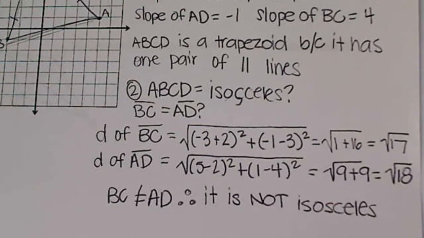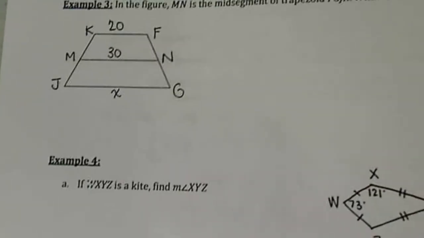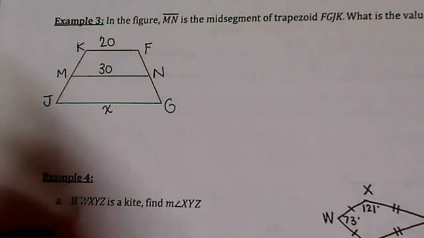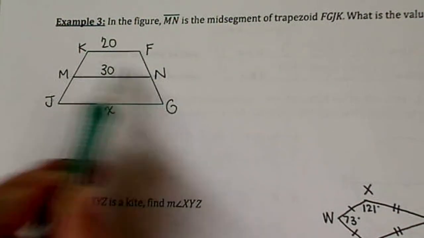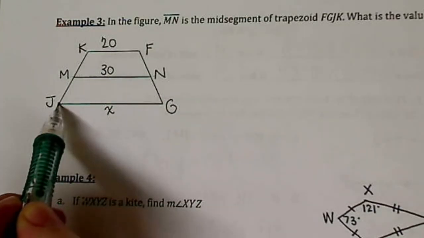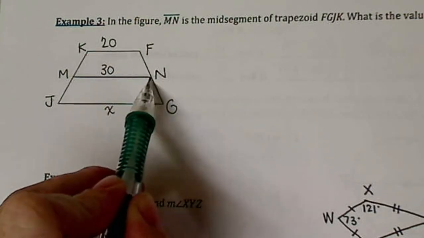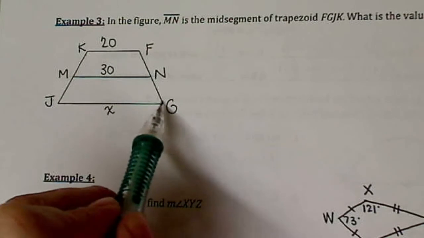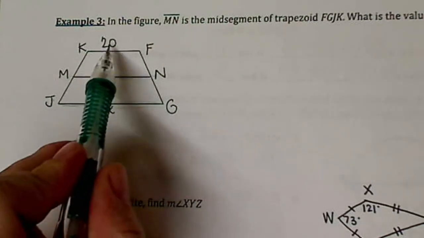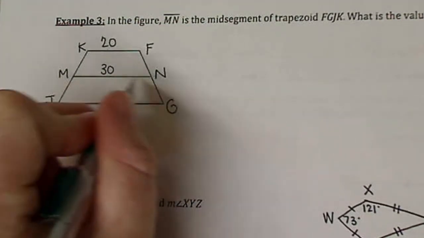Okay, turn the page, and let's talk about mid-segments. A mid-segment, just like a midpoint, means that this mid-segment MN is halfway between these two. So if you think about it, if this is 20, this is 30, this line down here, JG, is going to be twice as much as KF. So there's a formula for that. This mid-segment formula,